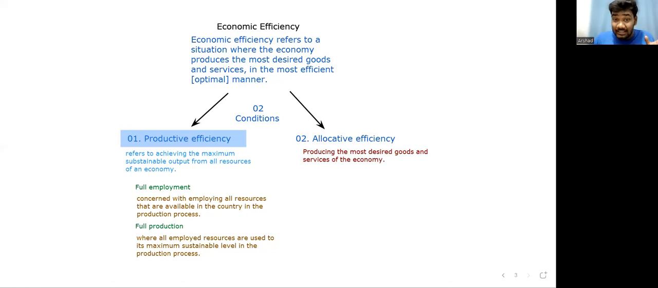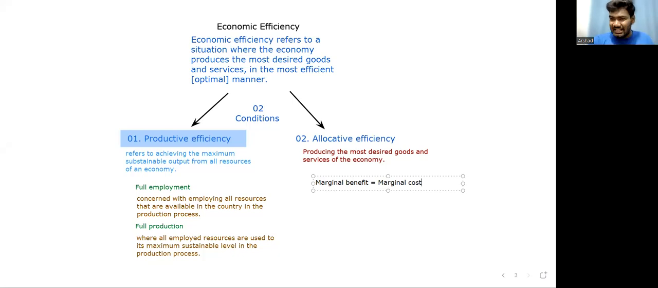In order to achieve allocative efficiency, guys, there is one condition. What is the condition? Marginal benefit. What is marginal benefit? The additional benefit you get by consuming one additional unit. What is marginal cost? The cost of producing one extra unit. So allocative efficiency is achieved